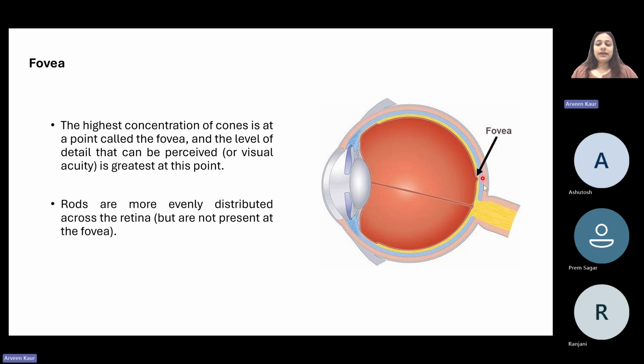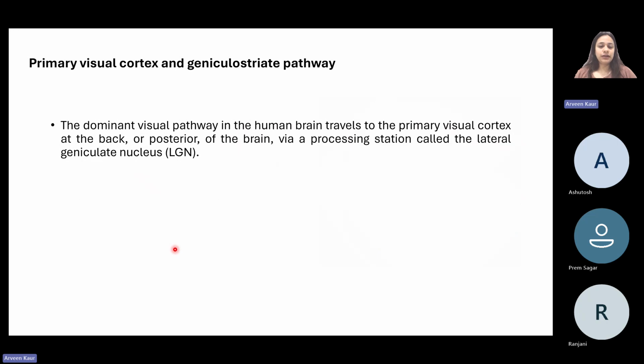Okay, then we come to the fovea. It is almost opposite of the blind spot. It has a highest concentration of cones at this point, and the level of detail that can be perceived is the greatest at this point. The rods are more evenly distributed across the retina, but are not present at the fovea region. Then we come to the primary visual cortex and the